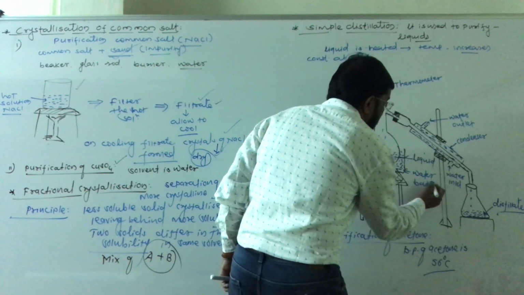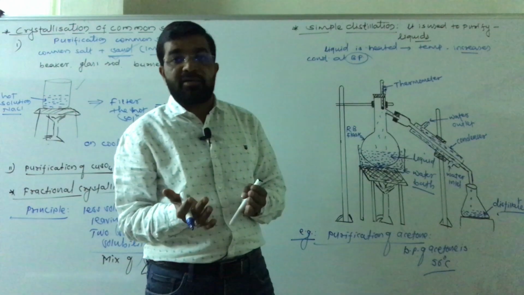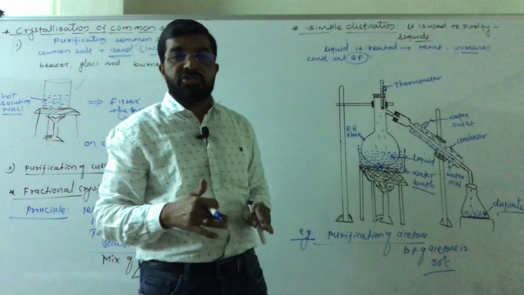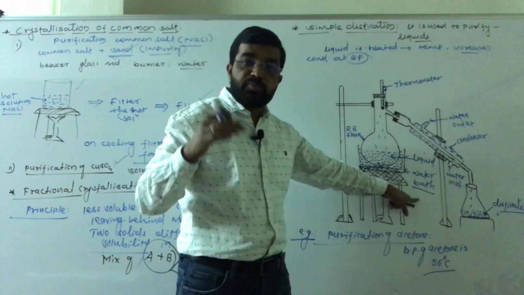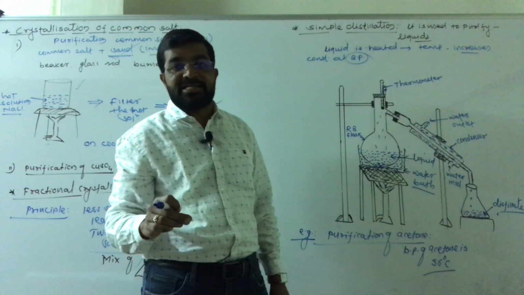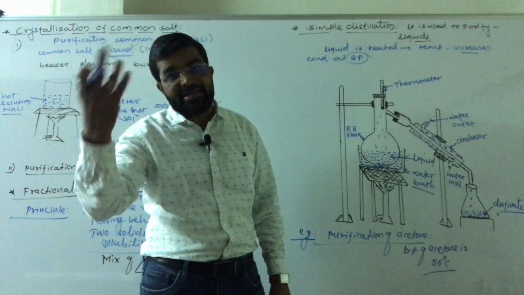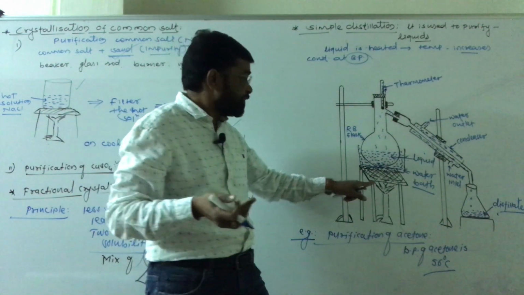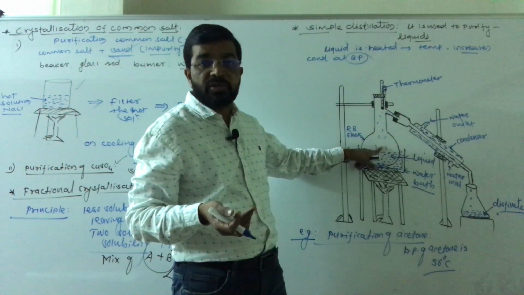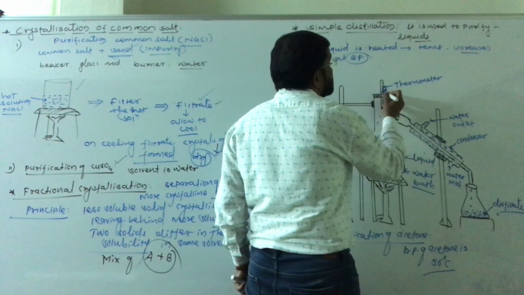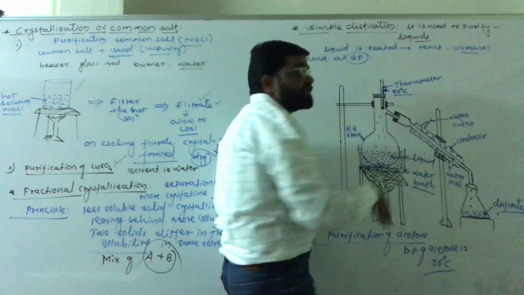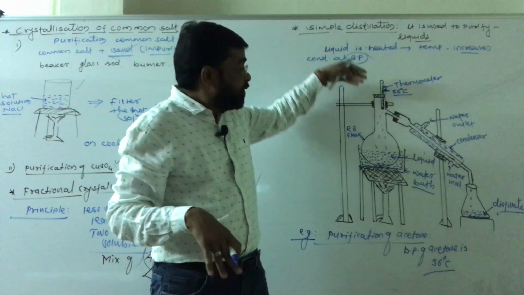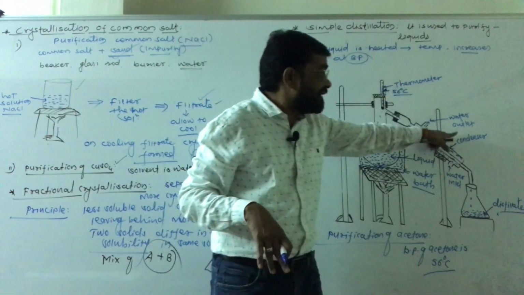Water bath meaning you have to take a vessel, pot, aluminum pot, and in it water, and in it the distillation flask is heated. Okay, a water bath is used because its boiling point is less than 100 degrees Celsius. If the boiling point of the liquid is greater than 100 degrees Celsius, an oil bath or sand bath is used for heating. Okay, on heating the temperature increases and will be constant at 56 degrees Celsius. At that temperature acetone will vaporize, the vapors pass to the side tube, and get condensed in the condenser.